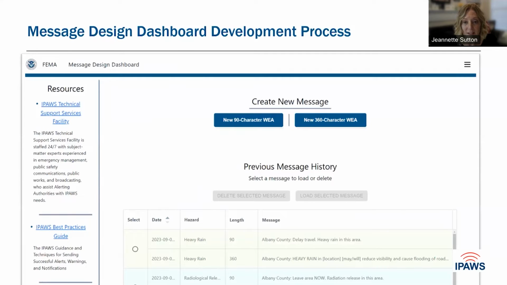You are going to enter into some static images of the MDD. I'm going to introduce you to the different areas on each page of the dashboard, and then we're going to watch a 5-minute video of somebody actually creating a message. When you have logged into the dashboard, you will have the opportunity to create a 360 character or a 90 character WEA. We suggest starting with 360 because as you're building the 360, the 90 character will populate alongside of